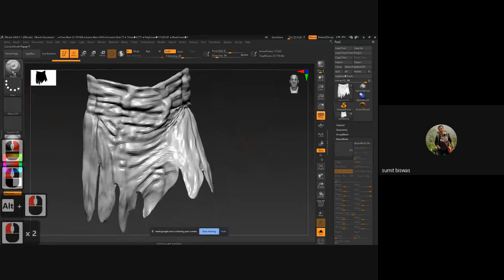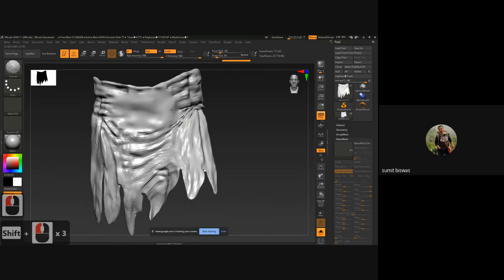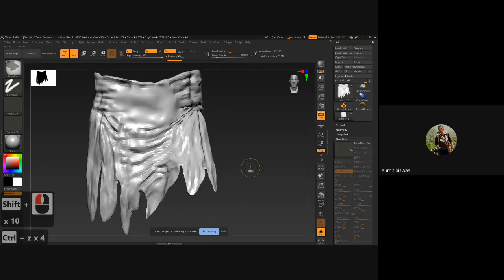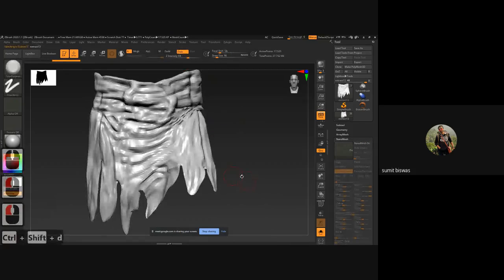I can just simply use trim dynamics. I can flatten this surface wherever this area is not visible, or smooth it. Or I'll just do one thing. Instead of modifying my base model, what I can do is switch off this, Control Shift T, duplicate, and I